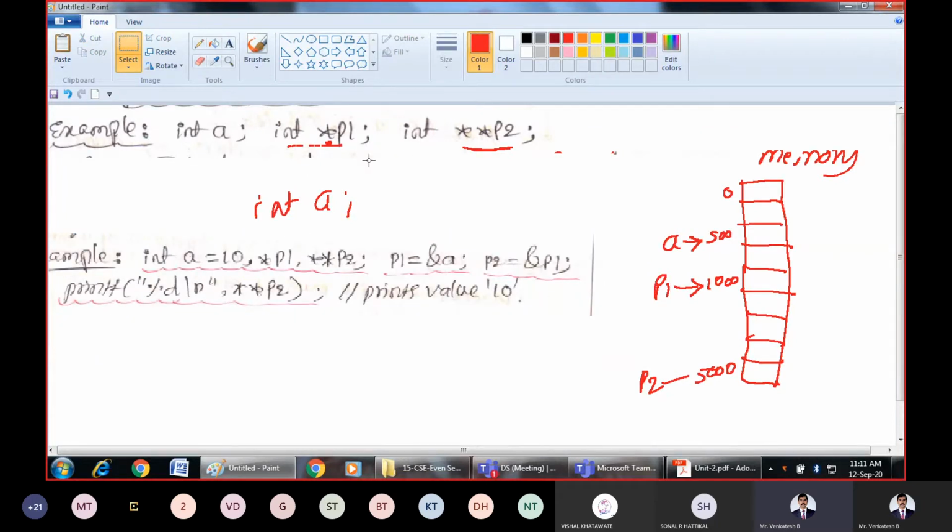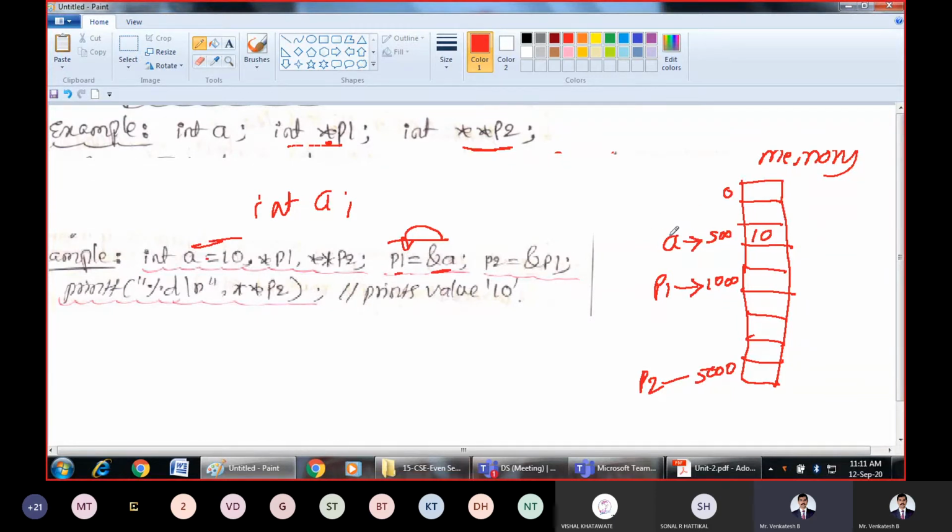Right? So when we have these, for A we are allocating a value of 10. So 10 will be stored here in this location. Next, these two are pointers as well. Now we are assigning the address of A to P1. What is the address of A?